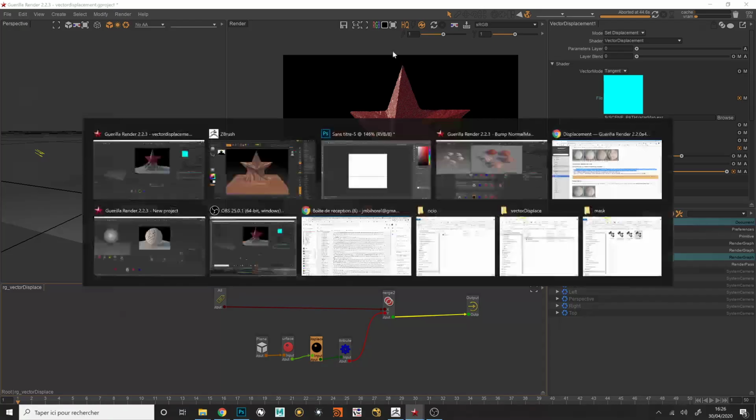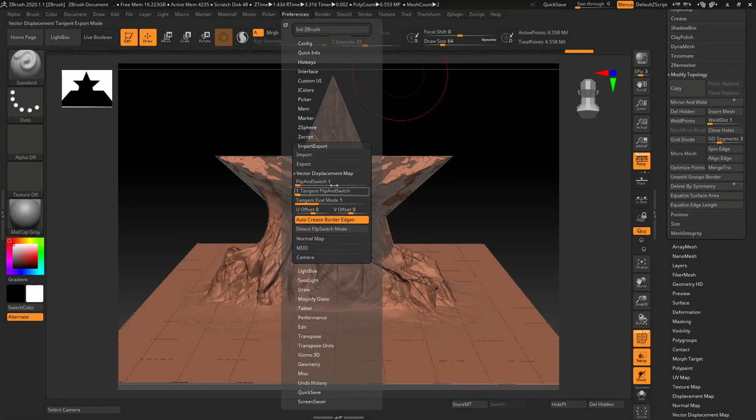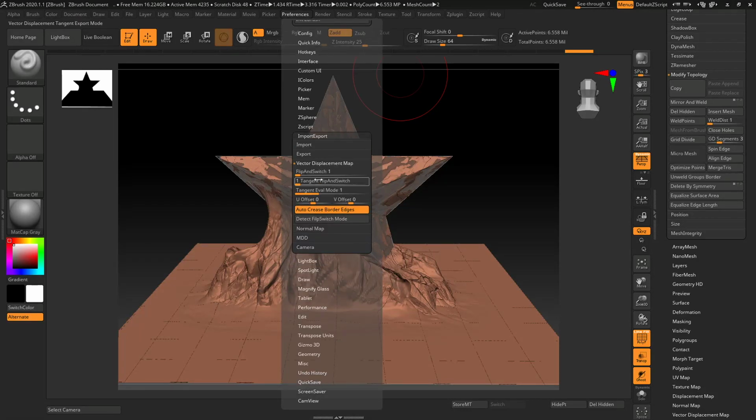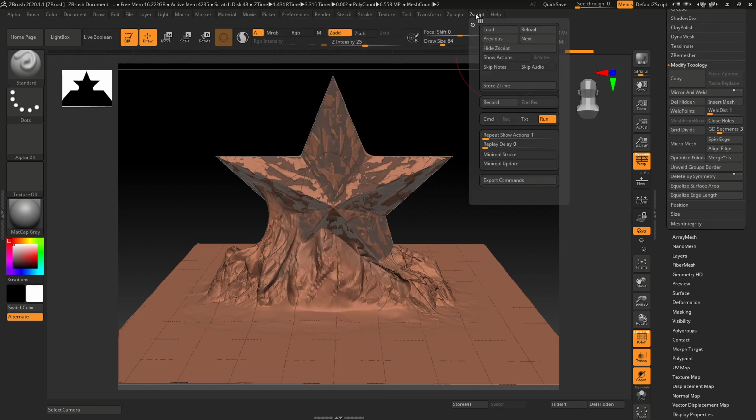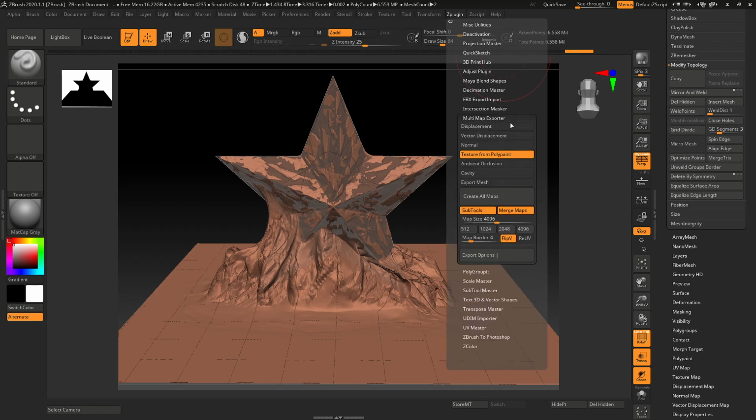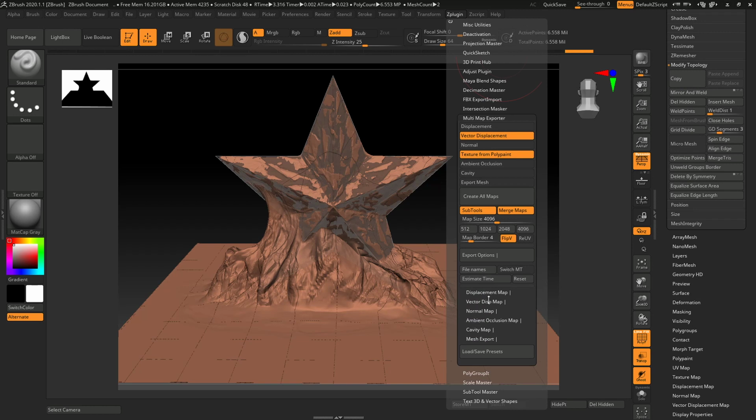So you just have to go into the preference, import, export, flip switch for the tangent one. You just have to put 3 in this option, and then you can go into the multi-map export, the ZPlugin multi-map exporter, and go to the vector displacement export option, vector displacement map. You check the tangent mode. You of course export it as a 32-bit EXR,